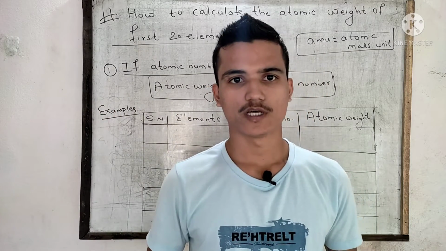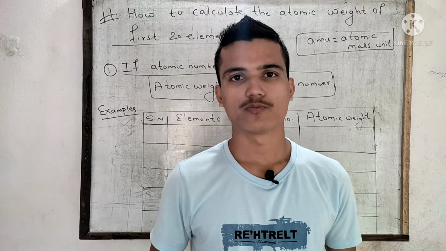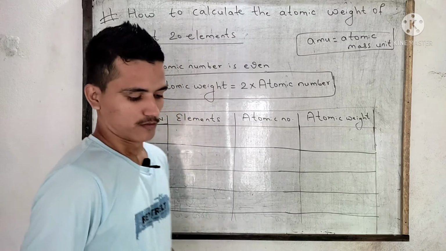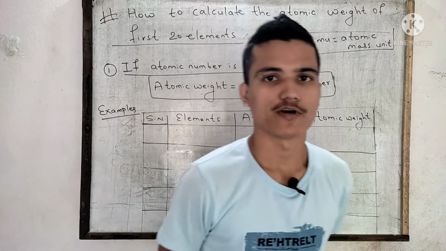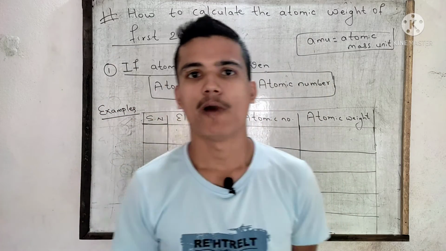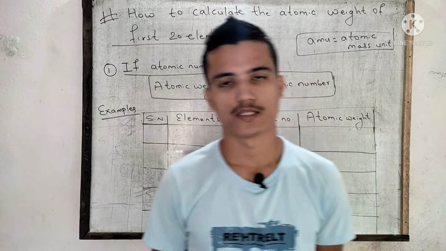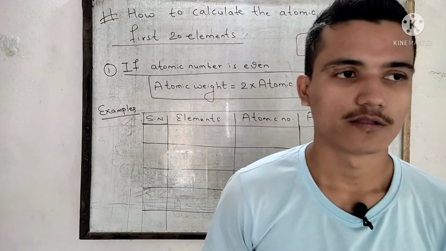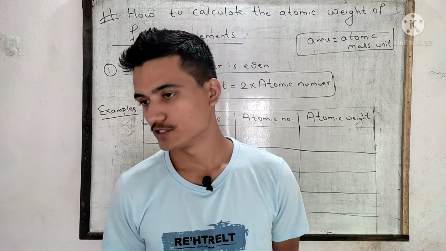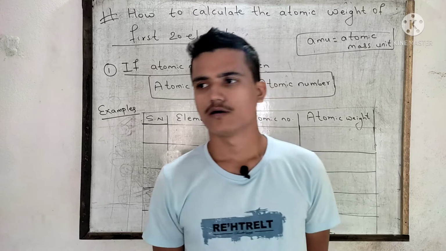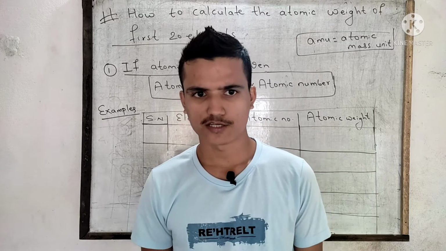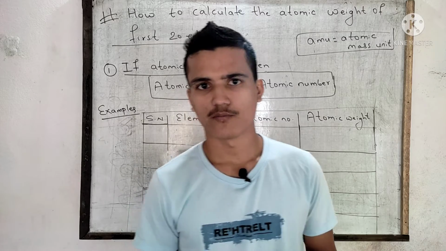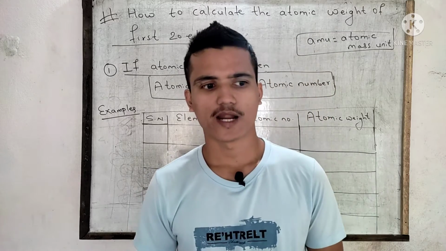Today we are going to see how we can calculate the atomic weight of the first 20 elements. Okay, let's get started. We can calculate the atomic weight of the first 20 elements by using simple formulas. There are two formulas we can use. What are those formulas? We are going to see later on, but before looking at them, I am going to tell you that